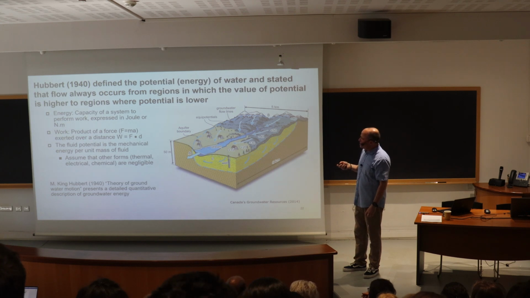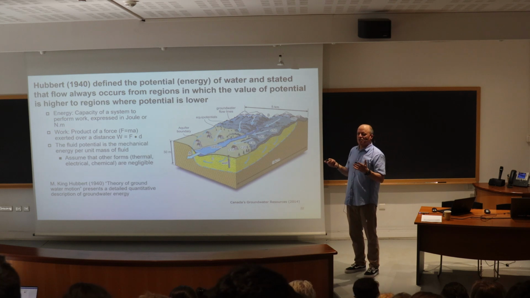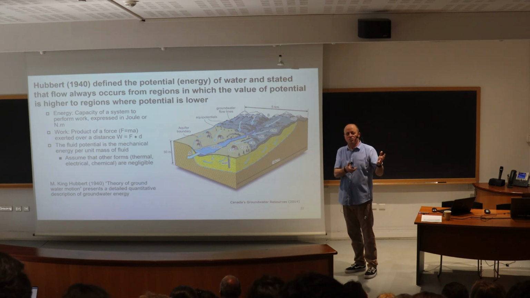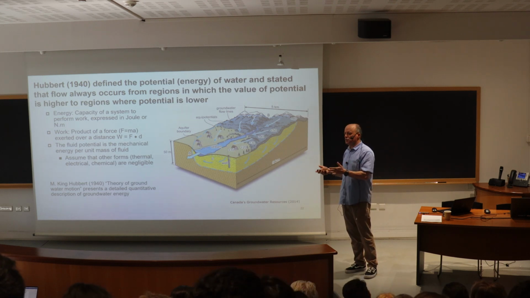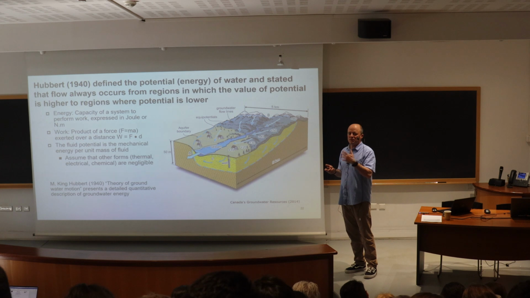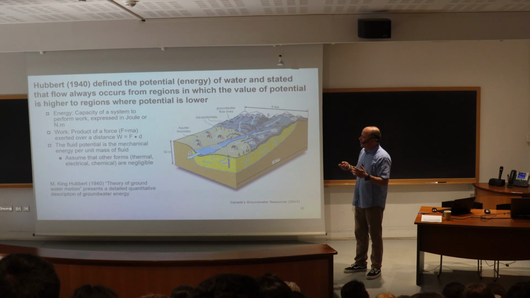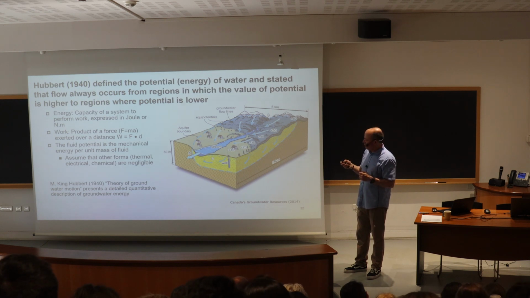But basically, he said that water moves because there's a difference in potential, or of energy, between a region of high energy and a region of low energy. And like I said, intuitively, Darcy knew that the pressure played a role, gravitation played a role, but Hubbard put it in more formal words. There are other derivations that have been proposed by others, but here I just show that